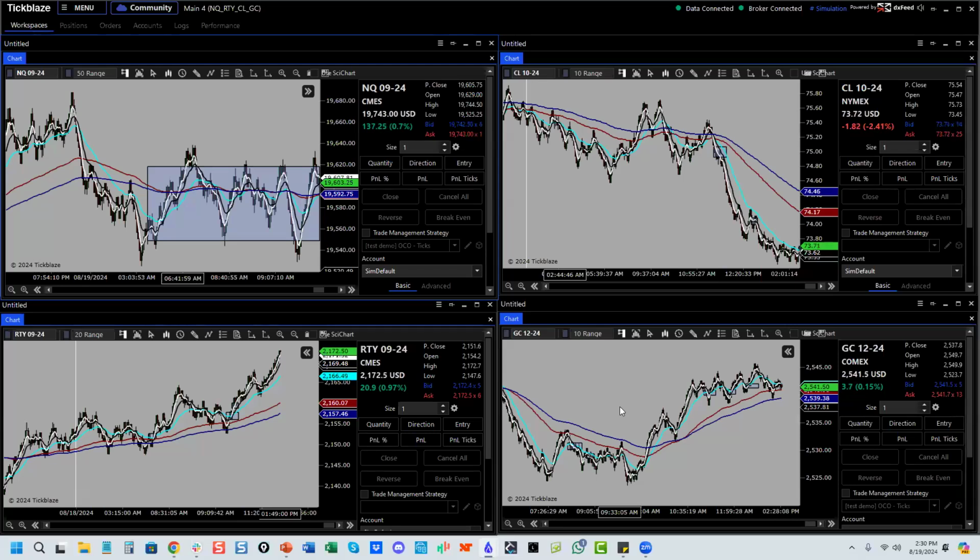And the reason we use the macro EMAs is because the macro EMAs dictate the ability for the micro setups to work. If you're on the wrong side of the bigger picture, your smaller time frame is going to get slapped around. And this is why a lot of directional traders, momentum traders, trend traders, they always complain, oh, the market's not moving, I'm getting chopped around. No, you just don't know that you shouldn't have been trading. Let's just be honest. If you're a trend trader or a momentum trader and you're taking a lot of heat or losses, it's because you don't know how to trade your system in those conditions. So the reality is that you need to learn how to sit on your hands or to identify those conditions.